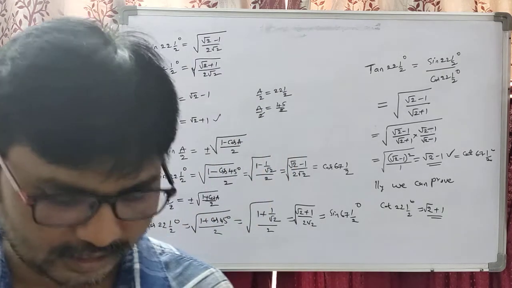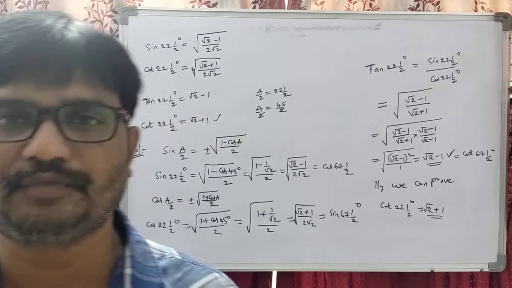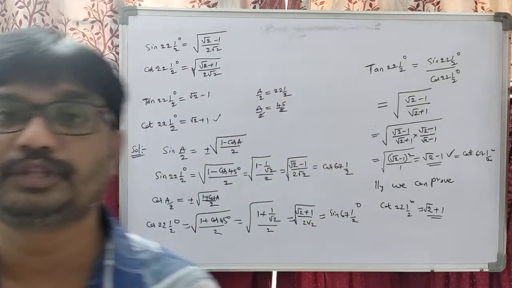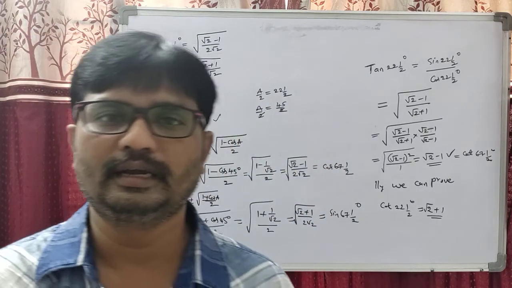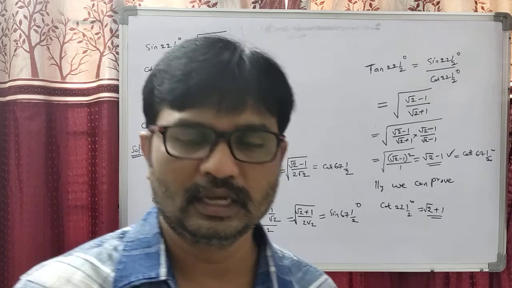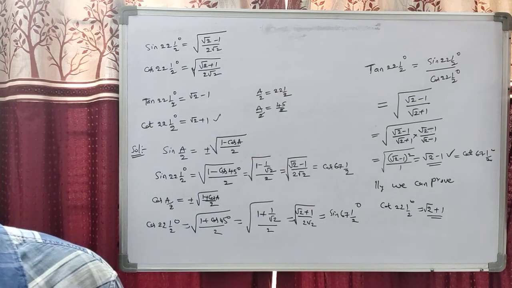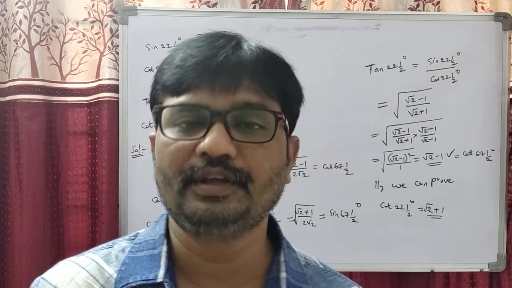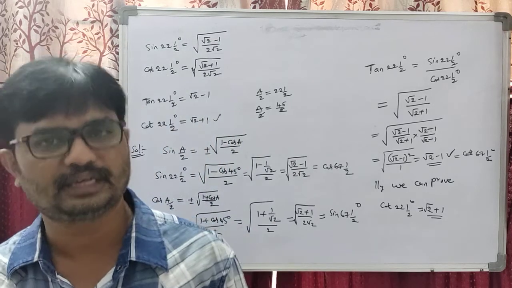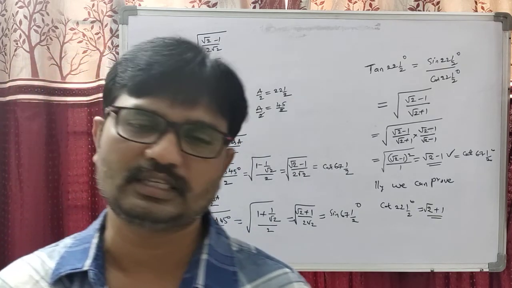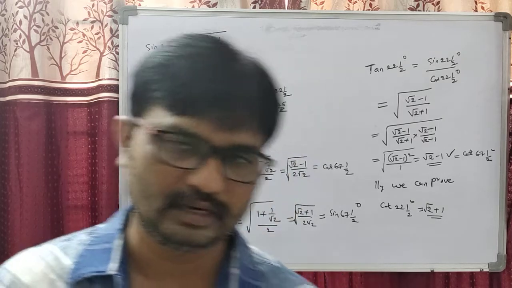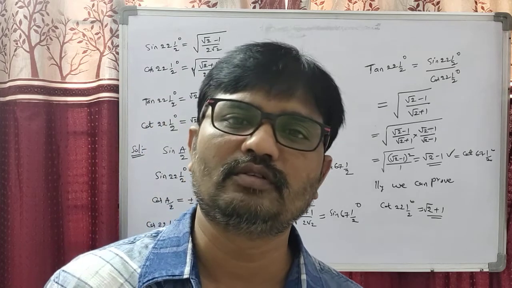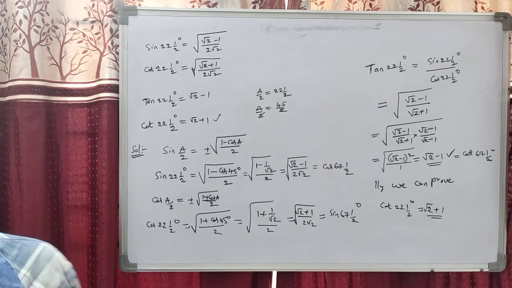Okay students, already we found in the compound angles: sin 15° is (root 3 minus 1) by 2 root 2, cos 15° is (root 3 plus 1) by 2 root 2, tan 15° is 2 minus root 3, and cot 15° is 2 plus root 3. The 15° value is also related to 75°, since 15 can be written as 45 minus 30. Sin 15 equals cos 75, cos 15 equals sin 75, tan 15 equals cot 75, and cot 15 equals tan 75. Okay students, write down.